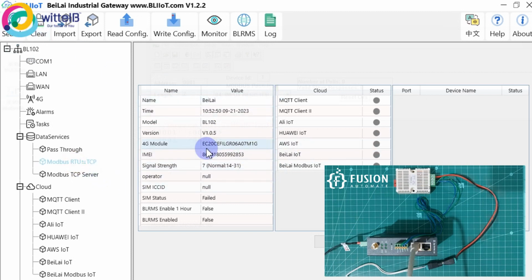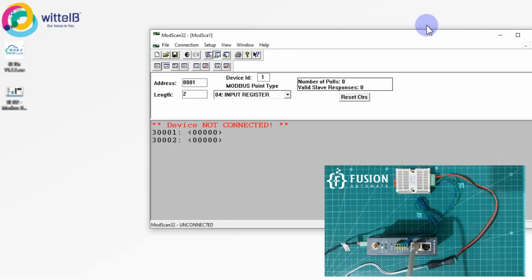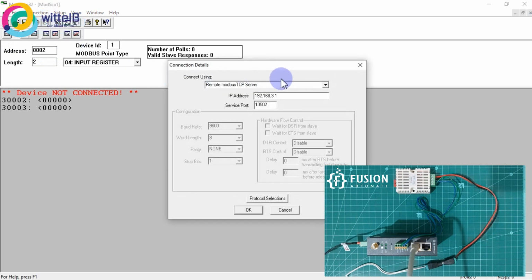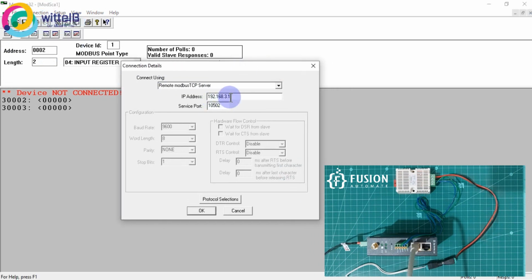Okay, so in this gateway you only have to configure this whenever you want to convert Modbus serial data into Modbus TCP data. So once you have done everything in this software, you can now use Modscan 32 software to read the serial device data over TCP protocol. So here I have to type 2 because starting address is 2 in my case. Now I can go to connect. Now you can see I have provided the IP address of this gateway,